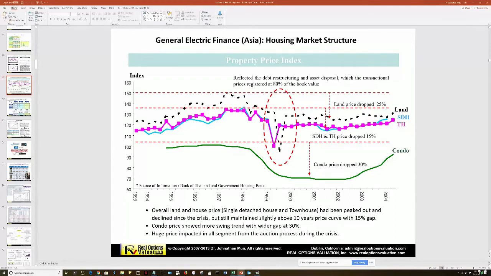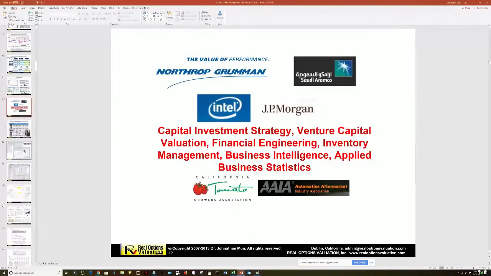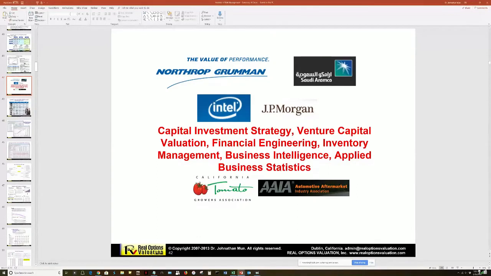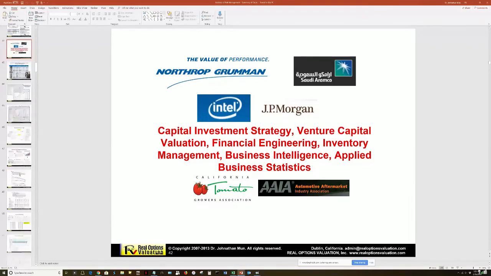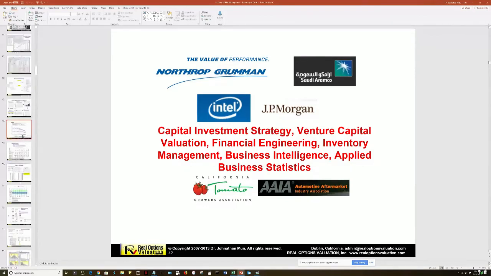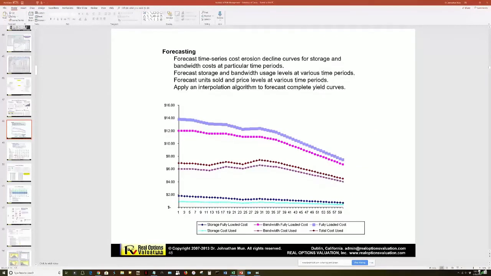Intel, Northrop Grumman, Saudi Aramco, a lot of these different individual companies, we're looking at strategies. We're looking at options, in this case, real options. How do you mitigate your downside? How do you take advantage of the upside? Okay, you have the option to abandon. You have the option to switch. You have a sequential option. So you can apply all of these analytics. This is a DRAM price extrapolation of forecasts and predictive risk-based forecasts for Intel to look at prices actually decreasing significantly.